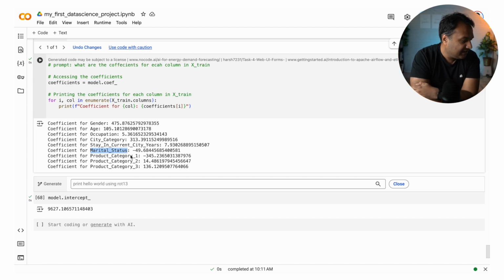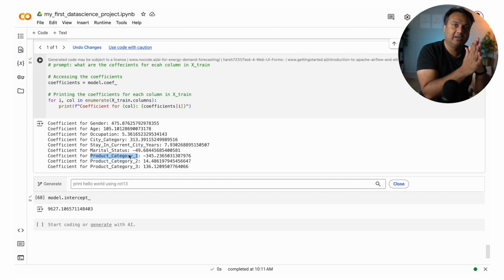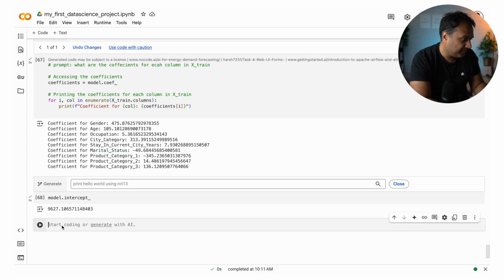Interesting. Then product category, again, we don't know the name of the product categories, but certain product categories have certain trends. But this is what the model has learned. And these are all very useful insights, which we can then use to make predictions. So let's get to that. Okay, so now we want the same model, which we have used here to make the predictions.